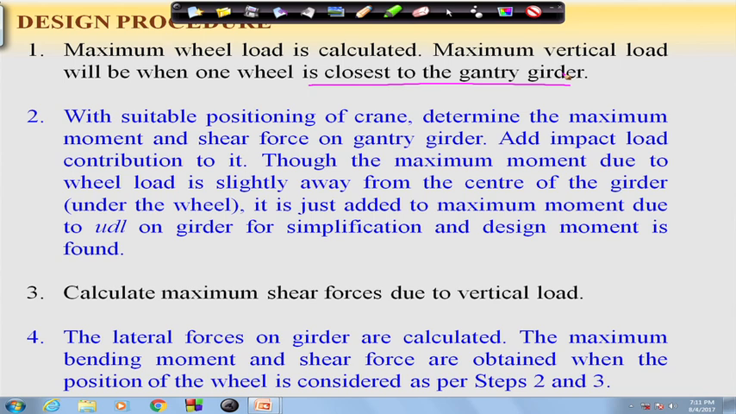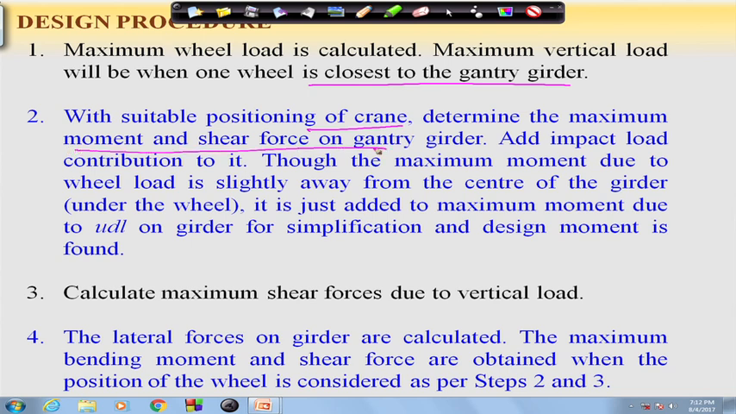So, that position we have to consider, and then we have to find out the maximum reaction on the gantry girder due to this wheel load and due to the crane load. That will be calculated first, and then with a suitable position of the crane, again the crane is moving through the gantry, we can find out the maximum moment and shear force on the gantry